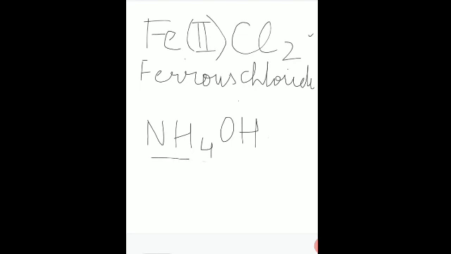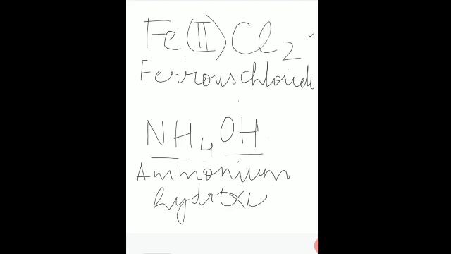Here this is the ammonium radical, and this is the hydroxide radical. So you will write it as ammonium hydroxide. Here it might come in two lines, but otherwise you have to write it side by side only. Is it clear? So please practice this on your own. You can be asked to write the chemical name of the compound from the formula, and the reverse also: you can be given the name and asked to write the formula.